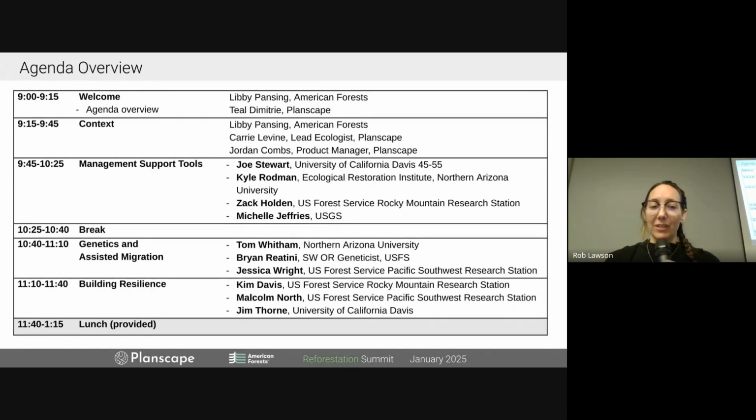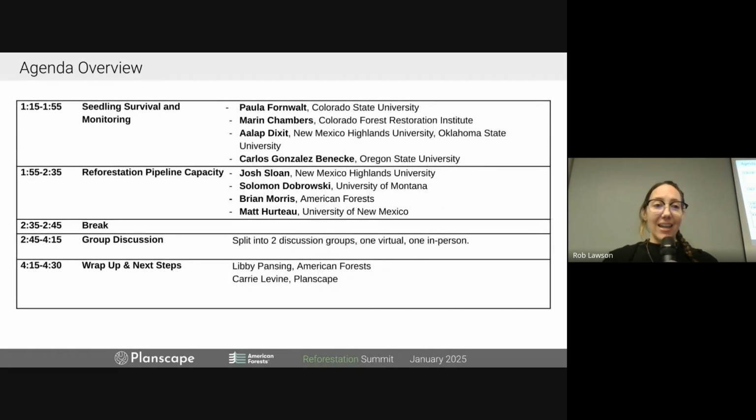Pivot into building resilience, where we're going to talk a little bit about how we actually do that and think about reforestation as a restoration problem rather than just reforestation from, say, an agricultural perspective or some of those historical ways of thinking about it. We'll move into lunch, and then we'll pivot to seedling survival and monitoring, the reforestation pipeline capacity, which I'm really excited to dig into because I do think that's going to be a key component of any